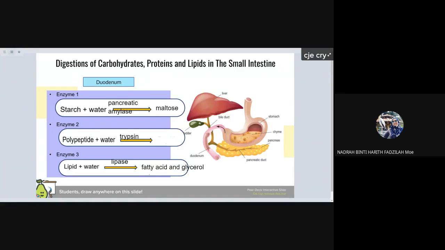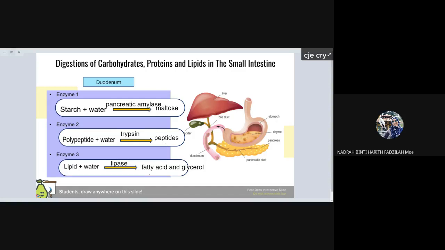Very good. Okay, manakala tadi dalam perut, pepsin digests protein to become polypeptide. Sekarang trypsin digests polypeptide to become peptide. And finally, when we see lipid, of course lah dia punya enzyme lipase, kan. So lipase digests lipid through hydrolysis to form fatty acid and glycerol. Thank you Nisrin for your submission. Very good. Alright, mari kita